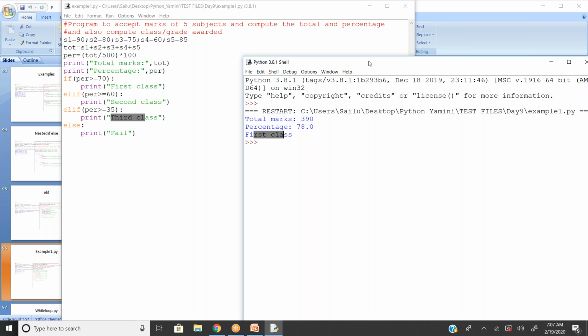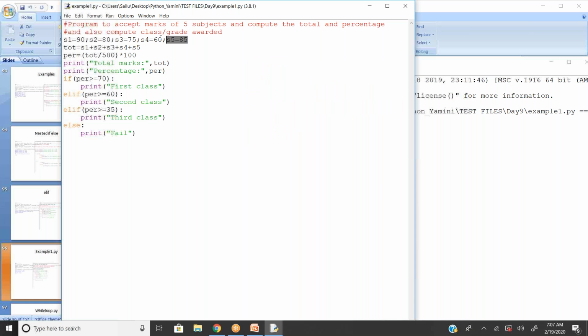I'm good. For assignment purposes, I want to do some modification in the same kind of program. I don't want to give the hard-coded numbers here. I want you to take user input. So right now 90, 80, 75, 60, 85, all these are hard-coded numbers, right? We cannot modify them unless we come back to the program. But my intention for the assignment is that the user has an option to enter 5 different subject marks. The system has to calculate the total. The system has to calculate the percentage. It has to display which grade he belongs to. Clear?